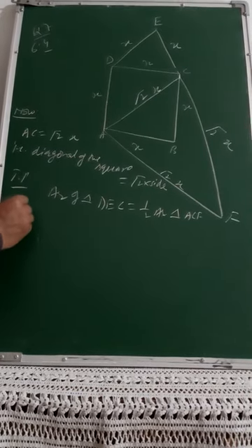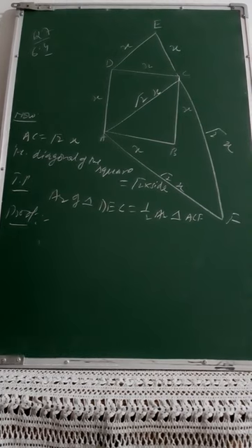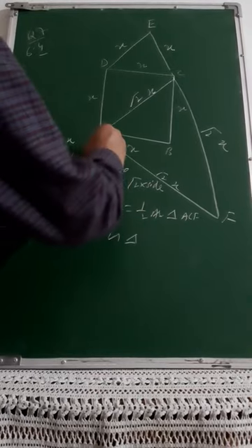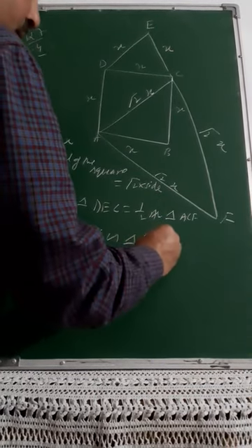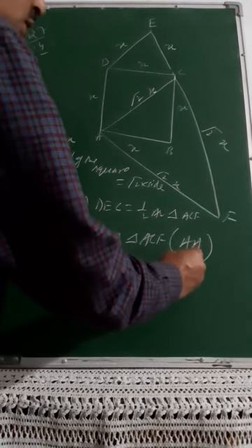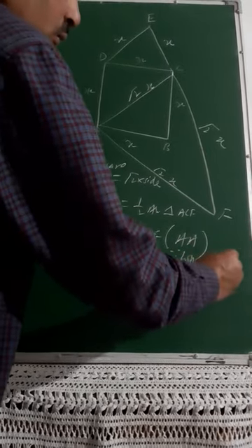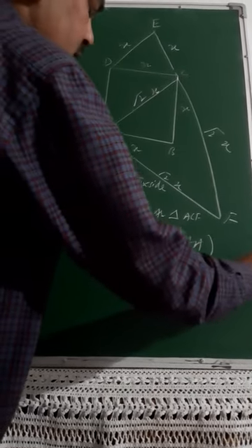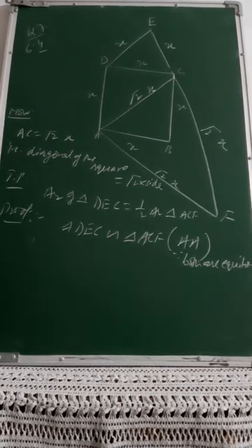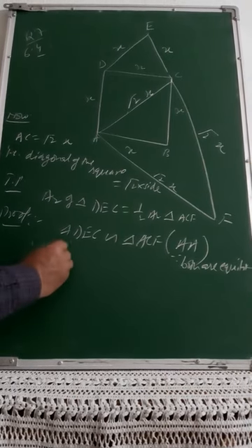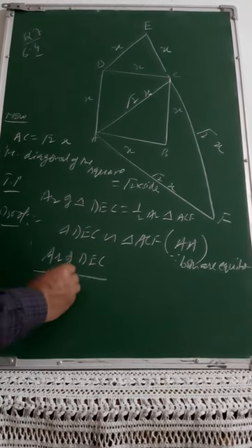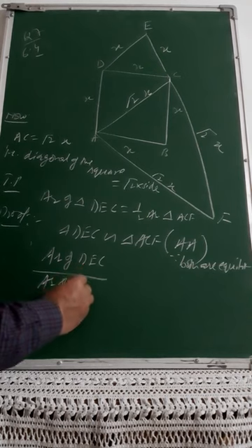So in my proof, do you think that triangle DEC is now similar to triangle ACF? Why? Angle criterion, because both are equilateral. This is given to you. Both are equilateral means 60 degrees will be there. So as these triangles are similar, then the area of triangle DEC to that of the area of triangle ACF,